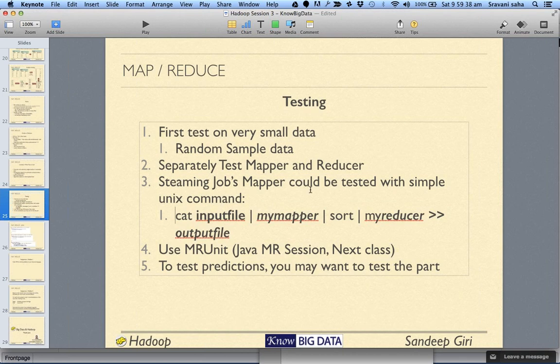Here we are talking about the streaming job. In case of a streaming job, if you have written a mapper and you have written a reducer, you can use this sort of a command to actually solve your problem. Okay,